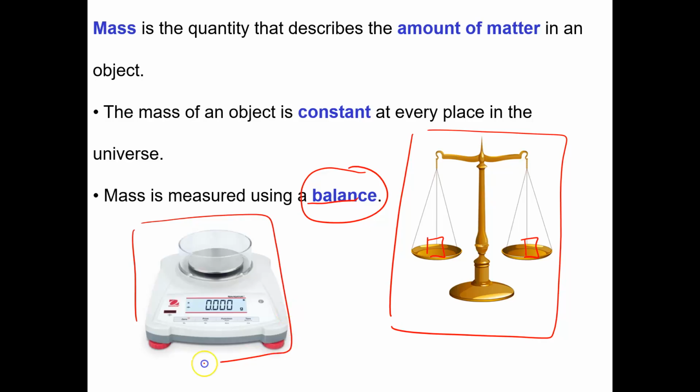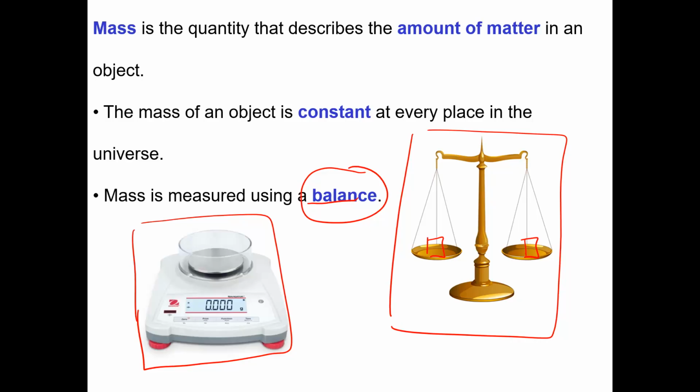In the lab, we use digital balances, and the digital balances that we use are good to 3 decimal places. This means that they're pretty sensitive, so if you do lean on the table while you're making measurements with these guys, you'll find that they'll flicker around a bit. So when you're using the balance in the lab, try not to lean against the table